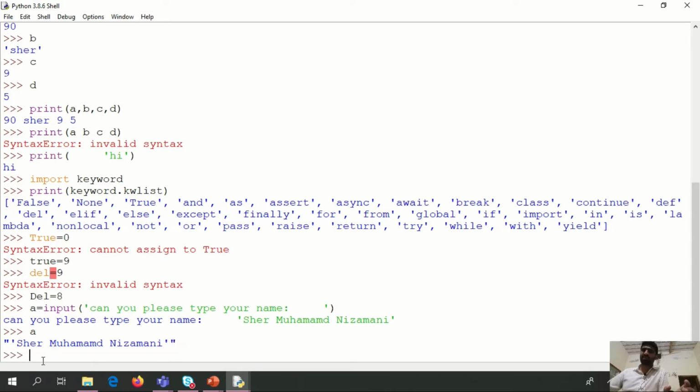You can use several user defined inputs. For instance, I say a, b, c, d equal to input, please write the quantity of mangoes, bananas, oranges and grapes.